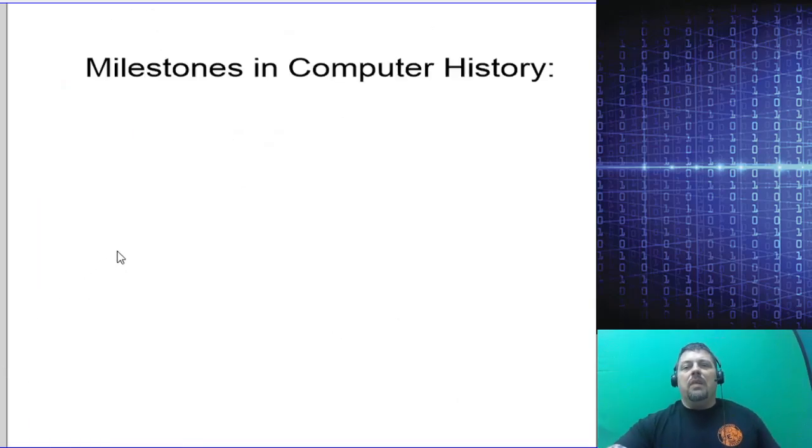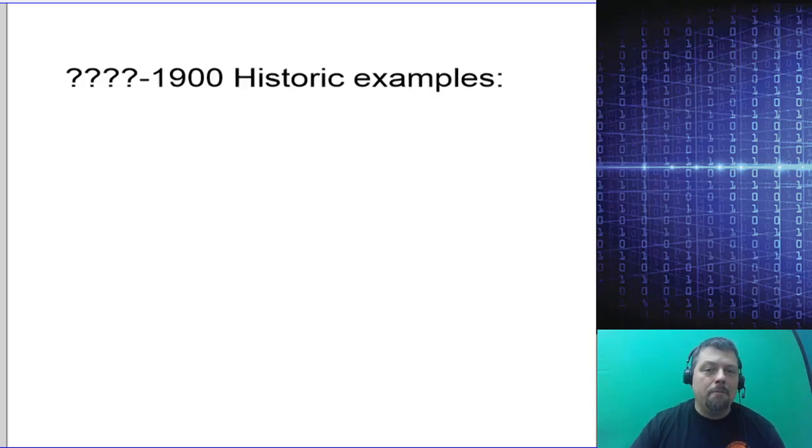So, milestones in computer history. A lot of people know a little bit about computers, but they don't know the origins or where they came from. And there's probably a pretty good reason for that. Some of the early applications of computers were top secret. For example, in World War II, one was used to break the Enigma code the Nazis used for secret communications. That, of course, was a top secret exercise, and nobody really knew about it until many years later. So some of these are obfuscated, in other words, hard to look up because they were top secret at the time.